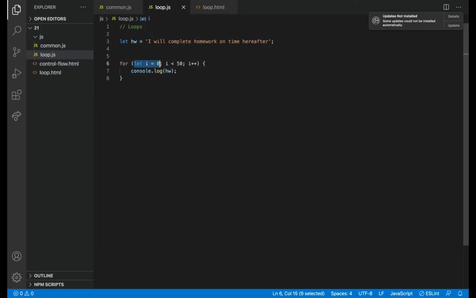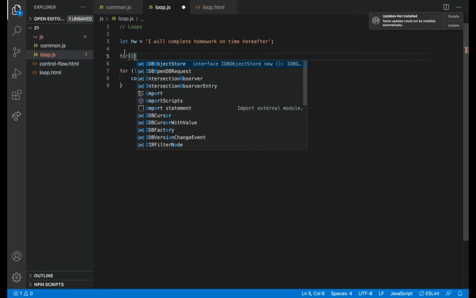This is the loop variable. Based on this syntax only, it is deciding how many times we want to run this loop. So this is an initialization part.